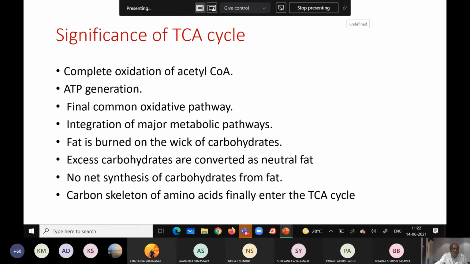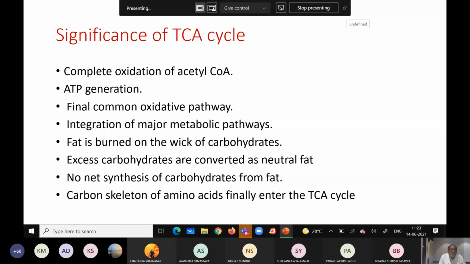So what is the significance of the TCA cycle? There is complete oxidation of acetyl CoA. This is formed from the breakdown of the three macromolecules, that is carbohydrates, fats and proteins, and there will be generation of ATP molecules in the form of energy. And another thing is that it is the final common oxidative pathway. The TCA cycle is considered the final common oxidative pathway, and